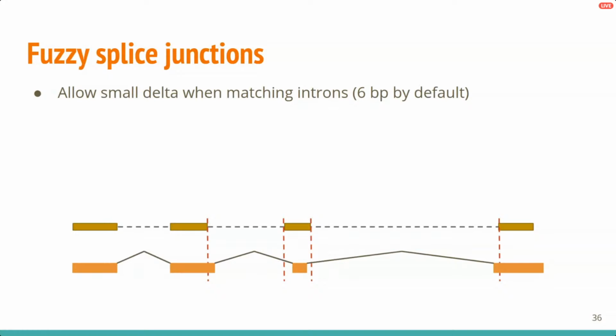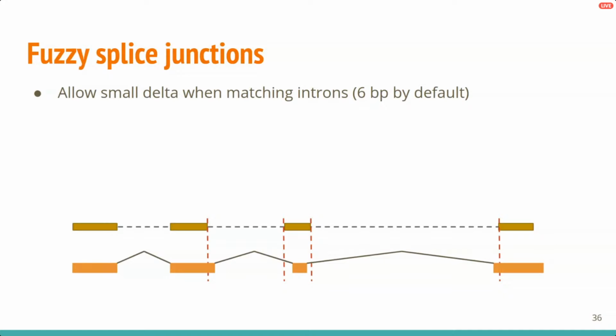So when we match read introns against known annotated introns, we allow a small delta. By default, it's 6 base pairs. If you have more error rate, you can increase your delta. If you have very accurate reads, you can decrease it to like 3 or even 0 if you are completely sure about your data. So when we match those, when we say that a read contains an intron, we put +1